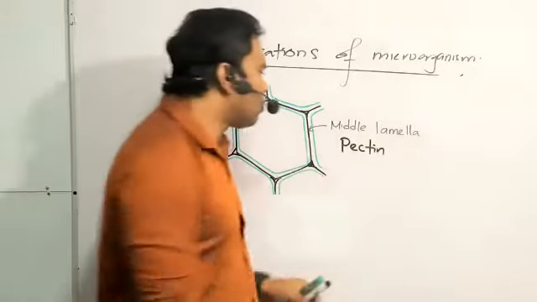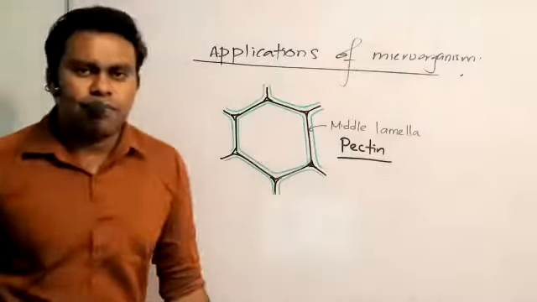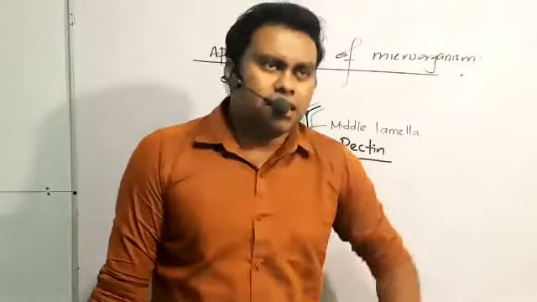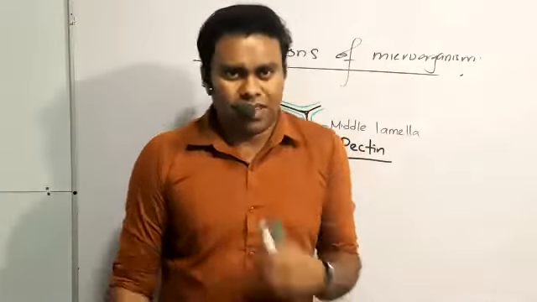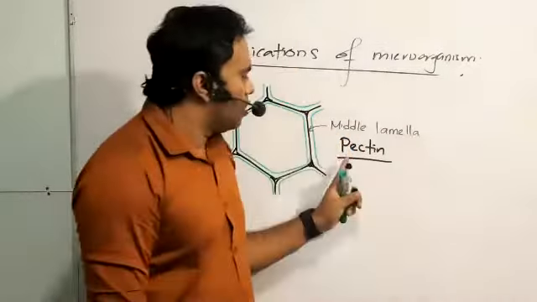So it is known as what? Pectin. This pectin is made up of pectic material and galacturonic acid. So that's something additional to you. The pectin,